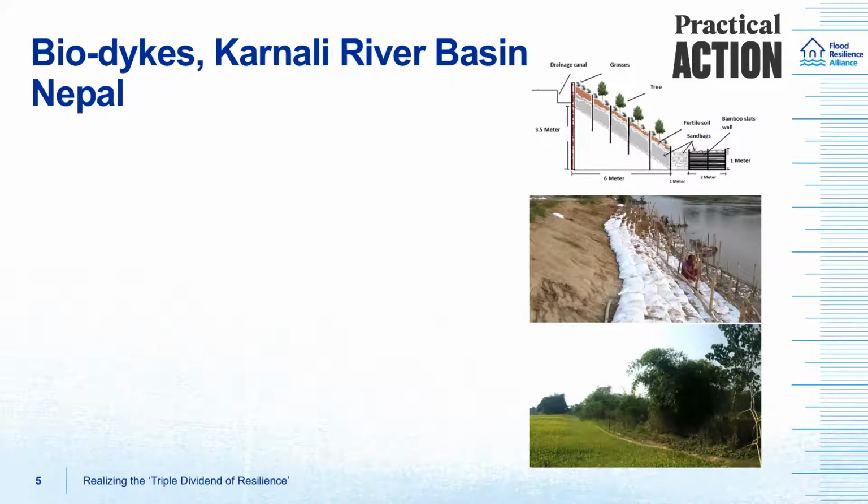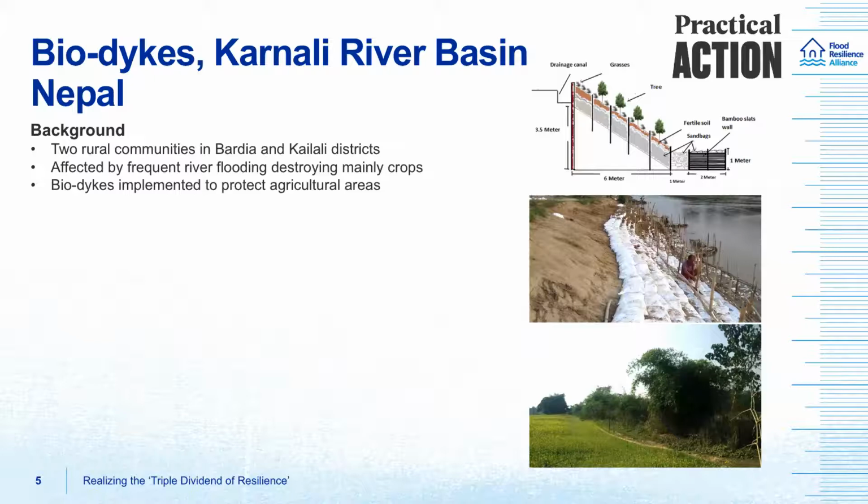And so you start, as you see in the second picture, with protecting the seeds in the beginning until the vegetation is big enough so that the roots stabilize the dike, and also help to keep the water out. And what you see in the bottom picture is how it looks once a few years in, and the vegetation is becoming big enough. And these bio-dykes were implemented in two communities in the Karnali River Basin, so that's in western Nepal,